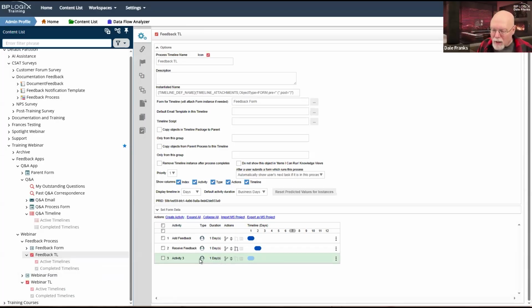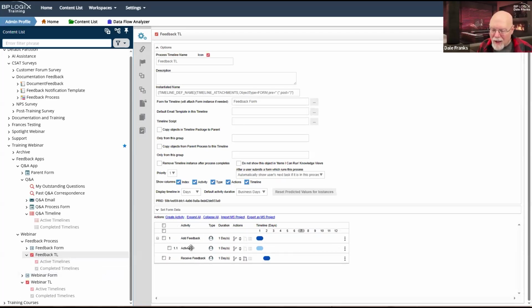And we are going to move it up to the top. Well, I'm going to try to move it up to the top. And that's not what I wanted to do. Let me remove it.